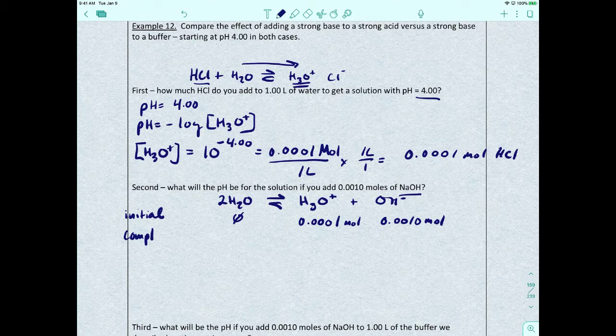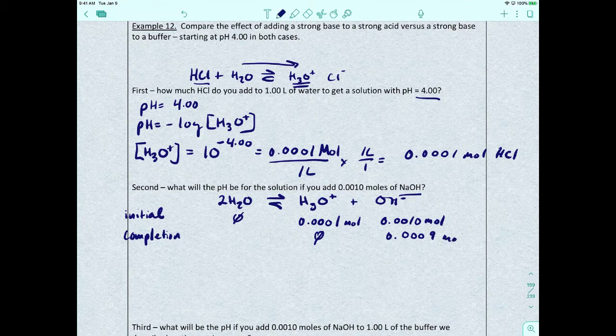Completion: you know you're going to run out completely of the H3O+. And for the hydroxide, if you subtract out the acid that's being used up, you're going to end up having